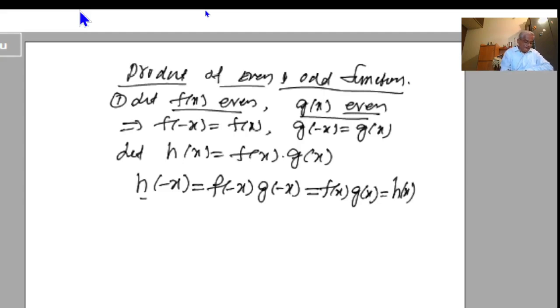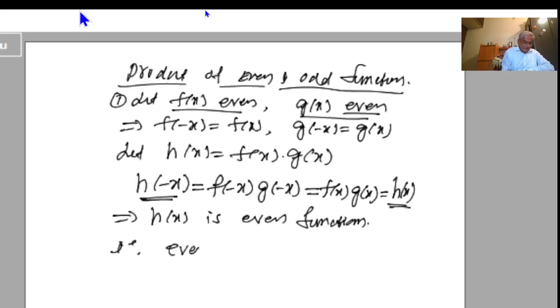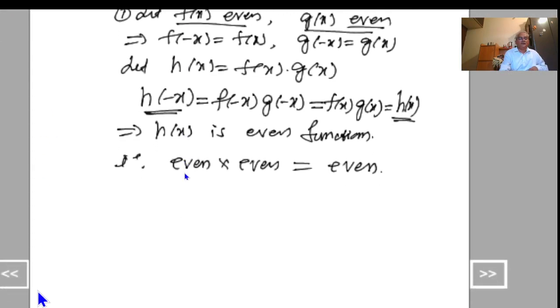So I am getting here h(-x) equal to h(x). So this implies h(x) is an even function. Okay, even function. So that is, even function times even function is again an even function. Okay, next I will consider